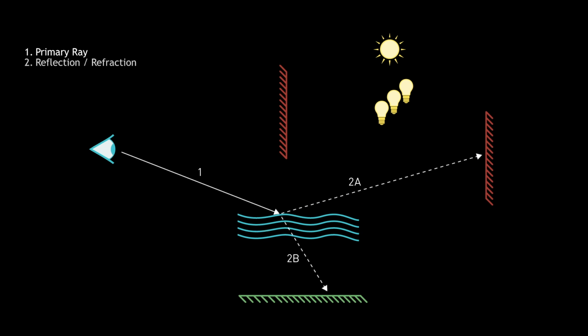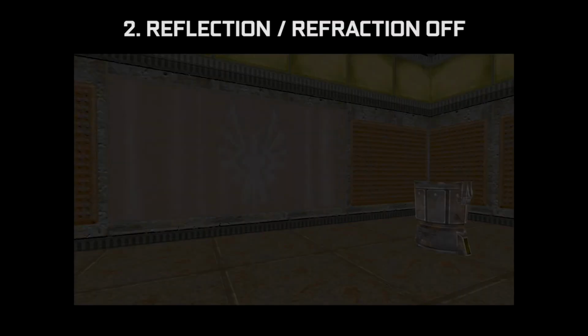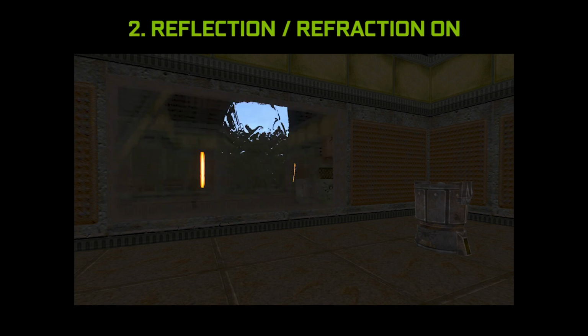Our primary ray goes through that surface, refracting, or bounces off that surface, which would be reflection. What you see here is the impact of those reflection and refraction rays being traced in the scene. The reflection is showing something behind the camera, and the refraction is showing that kind of warped or distorted part